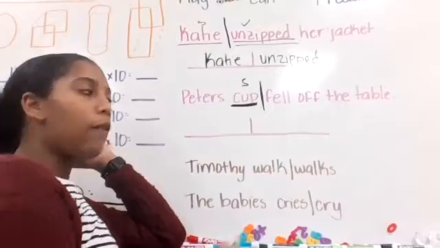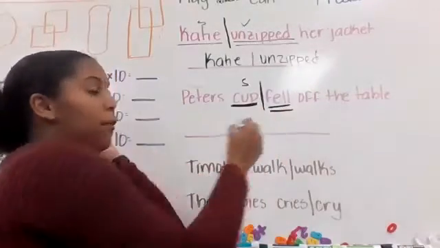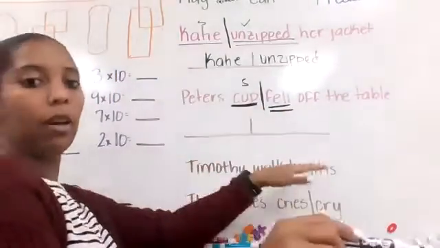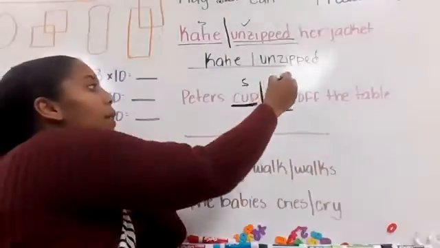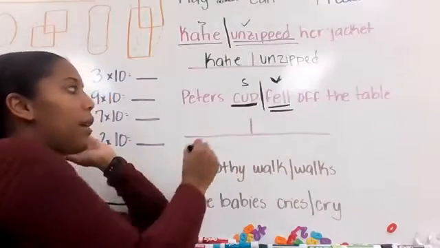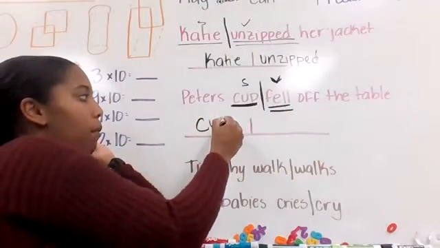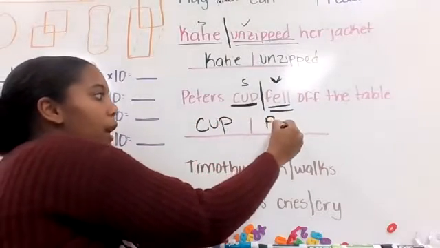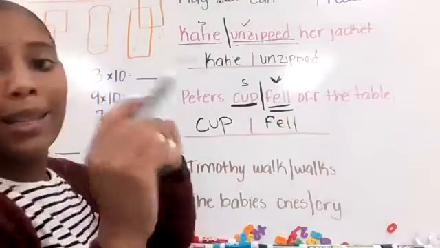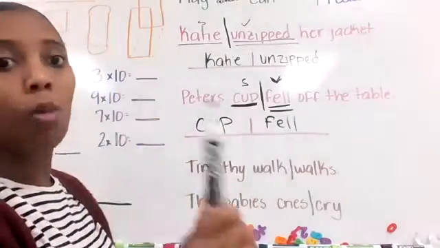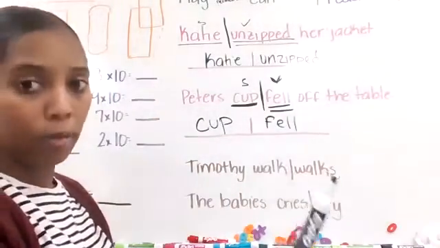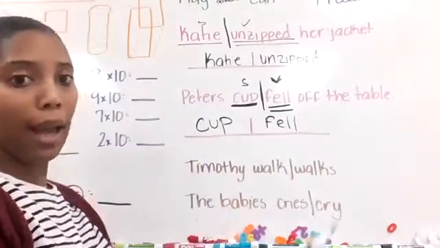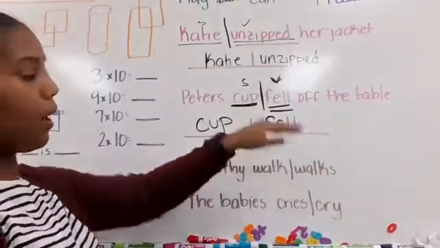Fail. Just fail. Fail is the verb, the action. So the subject was cup and the verb is fail. So when I diagram it, I put the subject cup and the verb fail. Remember, we're not identifying the predicate anymore. We're only identifying the verb, only the action, what happened, just like we said, unzip and fail.